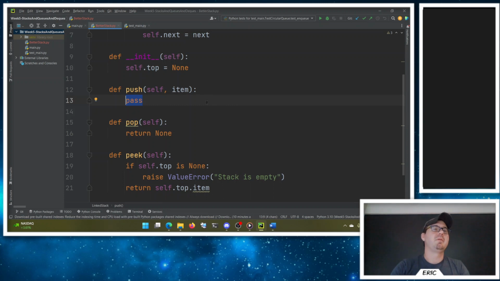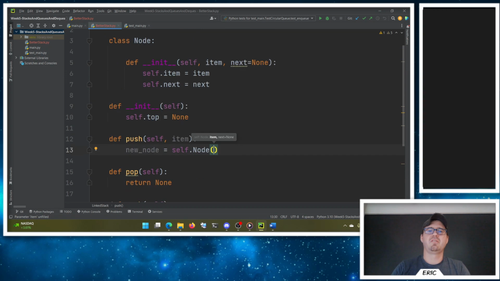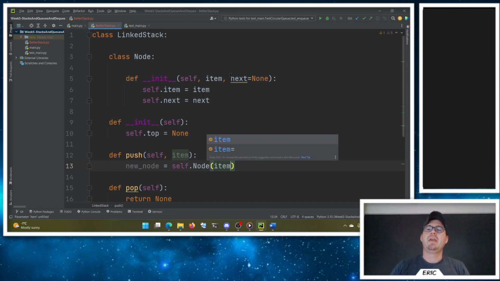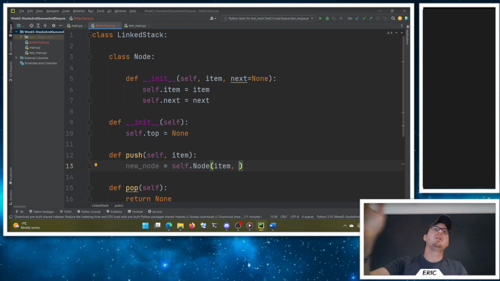So when I push something, I'm going to make a new node here. So this will be the new node equals self.Node. The syntax for this is a little funny because Node is an inner class. Technically it's part of self. It is LinkedStack.Node. You'll get used to the syntax. It's just a little funky here. We're going to make a node, and we have to give it the things that init wants. So we need to give it the item. So sure, we just pass item right through. You told me this is the item to push on, so I'm going to give it here. And then what comes next? Well, what is going to be underneath the new top is going to be self.top, the old top. What currently is the top thing is now what comes after the new top,